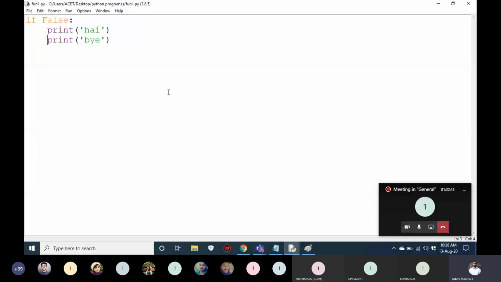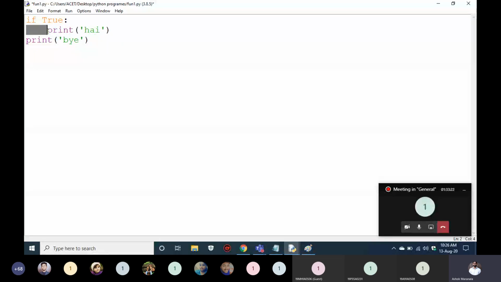Right, we got hi bye. When I bring this outside the if, that means it doesn't have any relation with the if. Even though the if is false, even though it is true, it will be executed. You can see a space, right? An indentation space. Python uses indentation. This indentation space tells that this statement belongs to that if. A space చెప్తదన్నమాట. You don't need to open a special bracket and you don't need to close a special bracket in Python. By indentation spaces it will know. If you see here there is no indentation space, that means this print doesn't belong to this if.